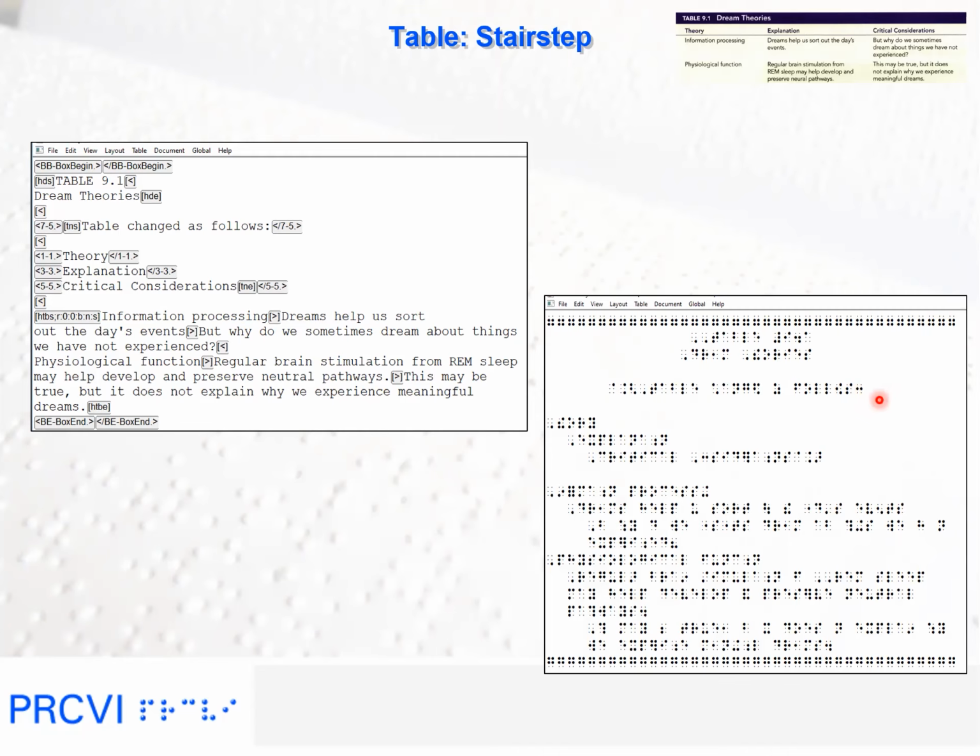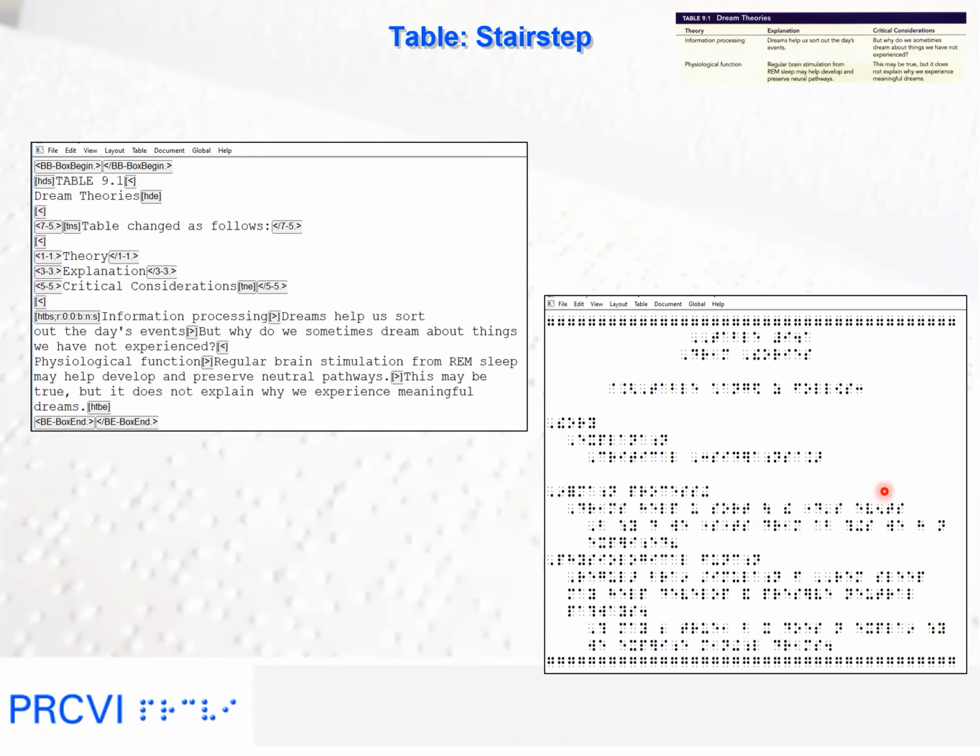Line 6 is blank. On line 7, the first column heading is in cell 1. On line 8, the second column heading is in cell 3. On line 9, the third column heading is in cell 5, followed by the closing transcriber's note indicator. Line 10 is followed by entries from the table in their respective cells.